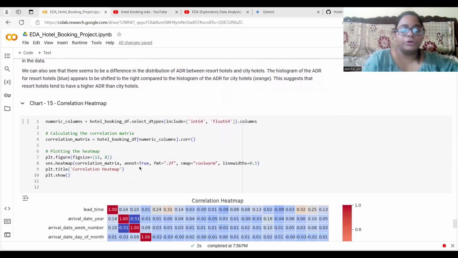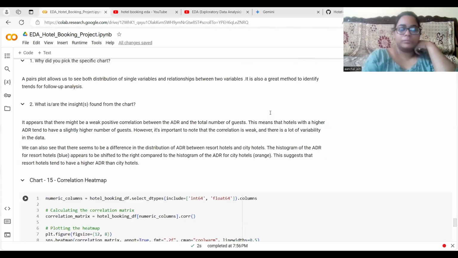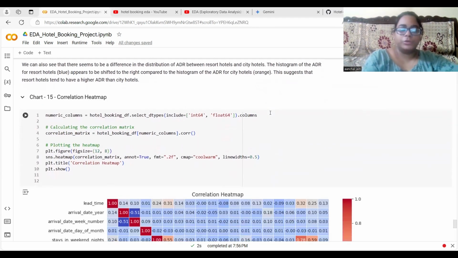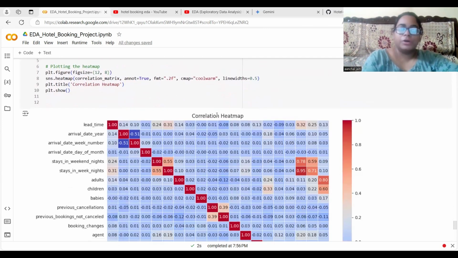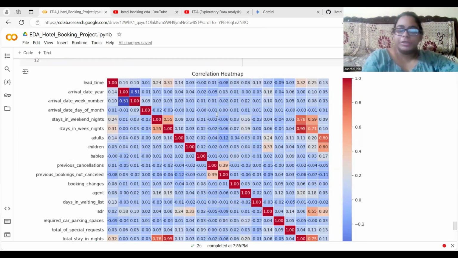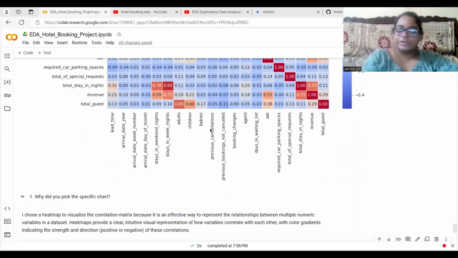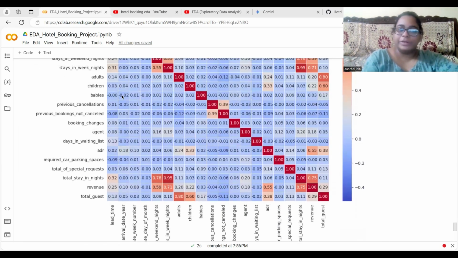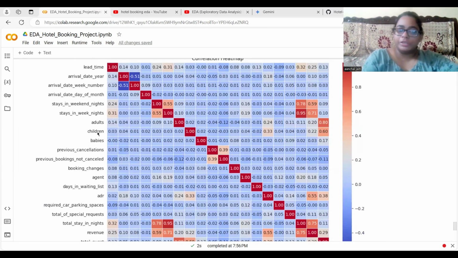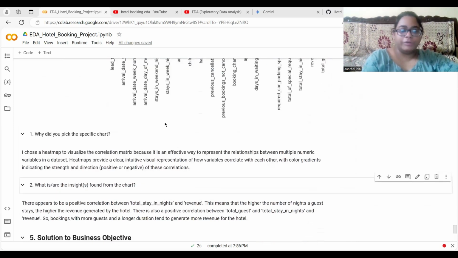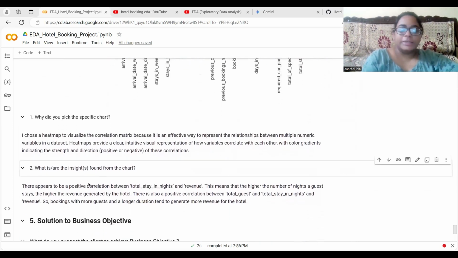Now let's move on to the heat map. So now let's move to the next, that is the correlation heat map. So what is basically a correlation heat map? It is used to visualize the correlation matrix between multiple variables to find out the relationship between all these variables. So here we can see that there is a positive correlation between the total stay in